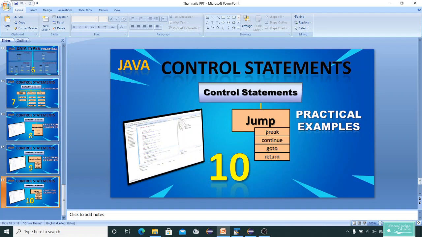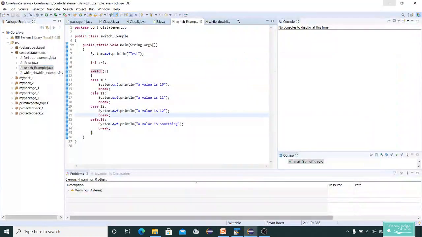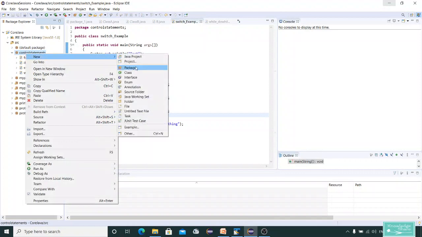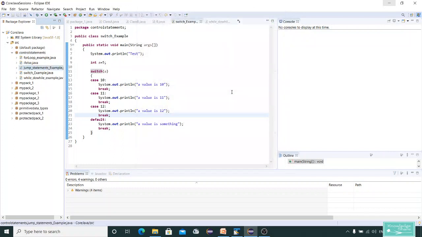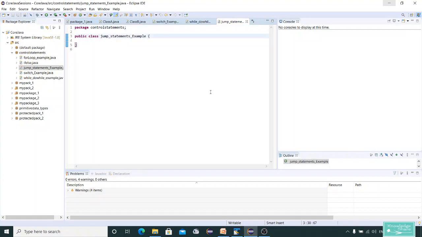Let's switch to Eclipse and see a few examples. I'm going to create a new class here, called Jump statements example, and a main method. I am just printing a small text.